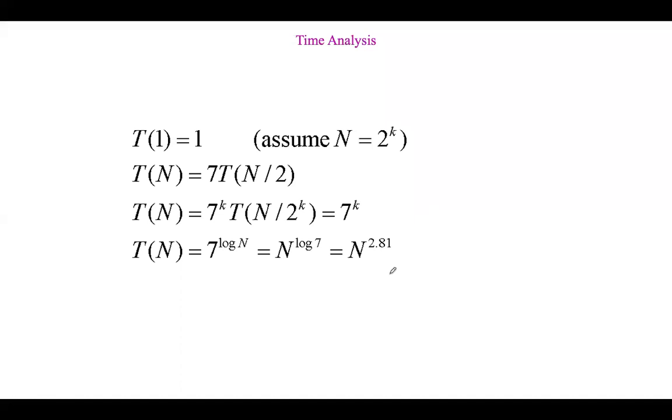Both are almost taking the same time, but there it is n cube, here it is n to the power of 2.81. Only a small variation. But for higher values of n, this small variation also matters. For that reason, Strassen multiplication is better than our regular basic matrix multiplication.